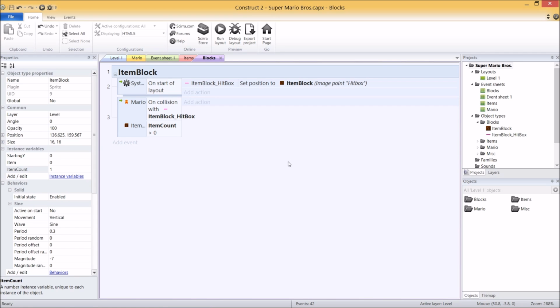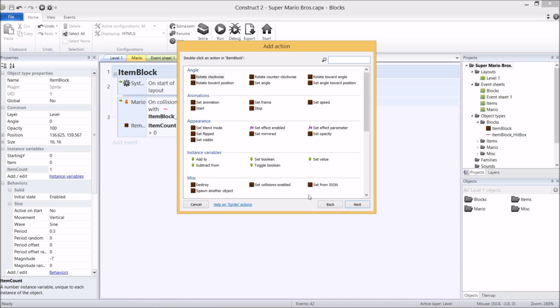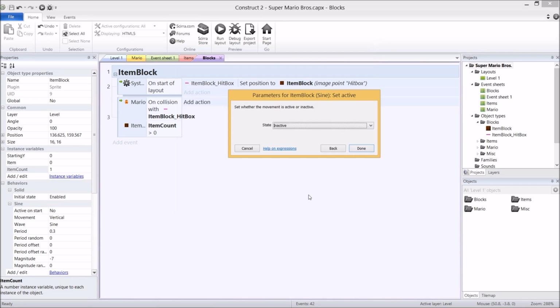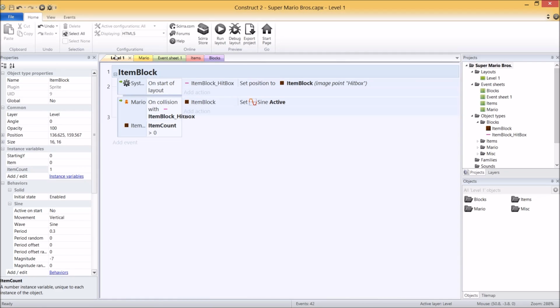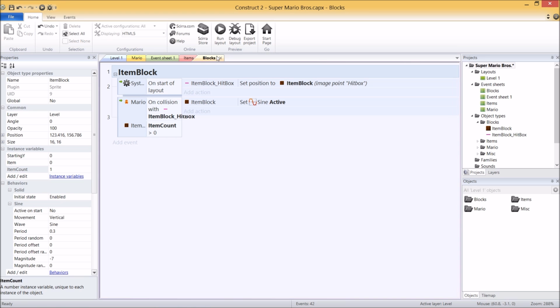What we actually want is we want it to go up 7, down 7, and pause at that point. We don't want it to go any further than that. So let's start it up. Let's go item block. Let's go active, just so I can show you how this looks. Save that. I'm going to make sure, yep, Mario should be able to hit that, easy. And there it is. It looks dodgy as anything, but what we need to do now is make it go up a little bit, down a little bit, and stop the sine behavior.